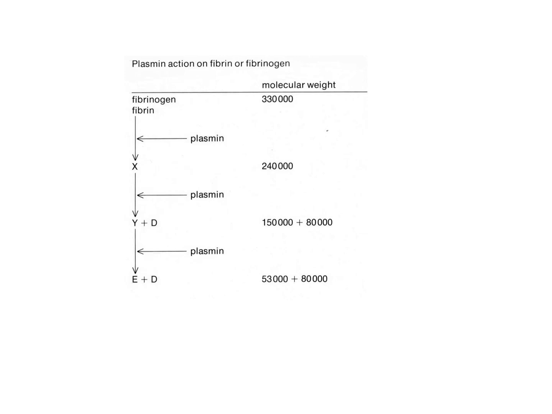More action by plasmin converts fragment X into fragments Y and D, respectively 150,000 and 80,000 molecular weight. More action on fragment Y, because it's still quite big, gives us fragments E and D with molecular weights 53,000